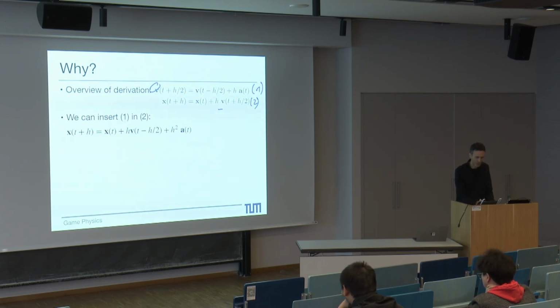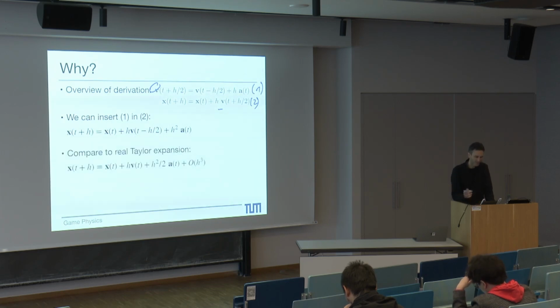That's already written down here, h times the rest. Again, h squared for the acceleration and so on. But this directly gives you basically a second order method for the positions. If you look at this, you basically have h times the velocity and then h squared times